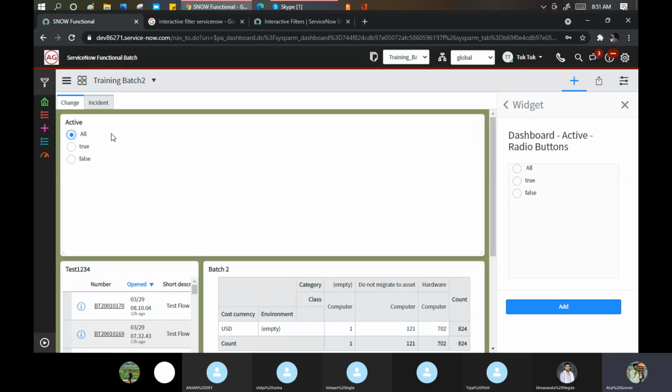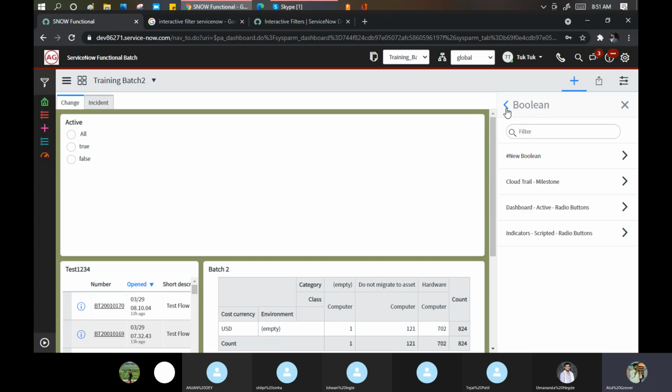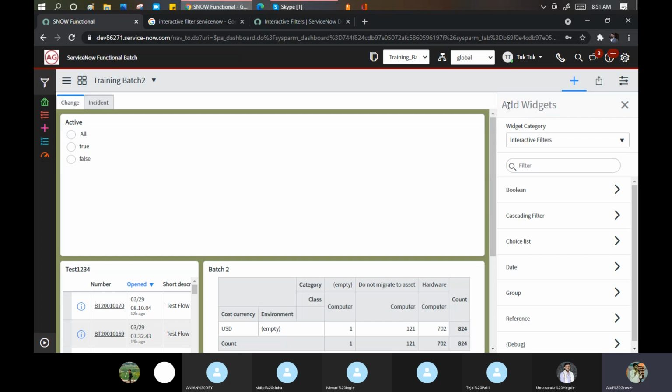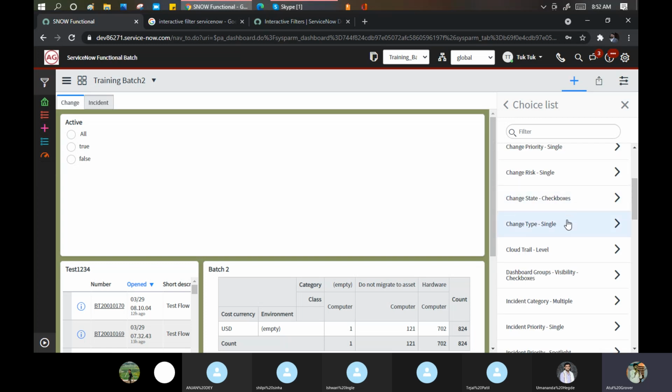But these things can be used on your dashboards or home pages. I rarely use interactive filters, only once or twice. So you need to understand what type of interactive filter you want to put.